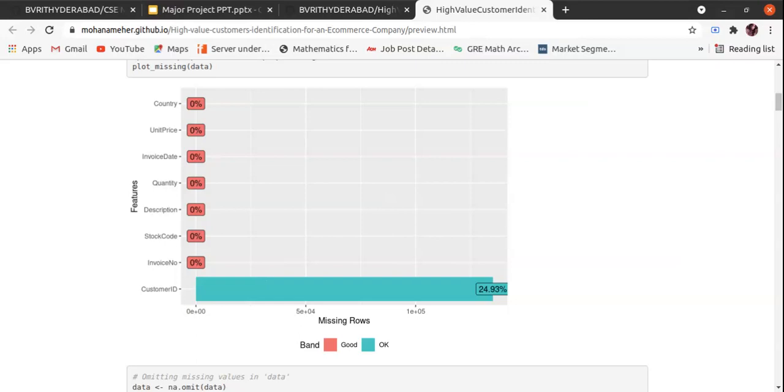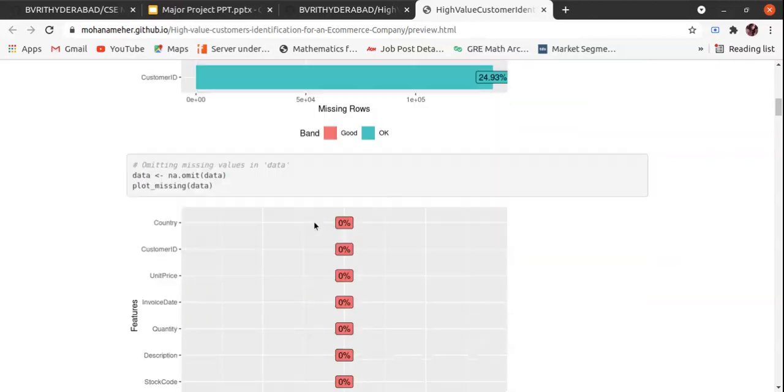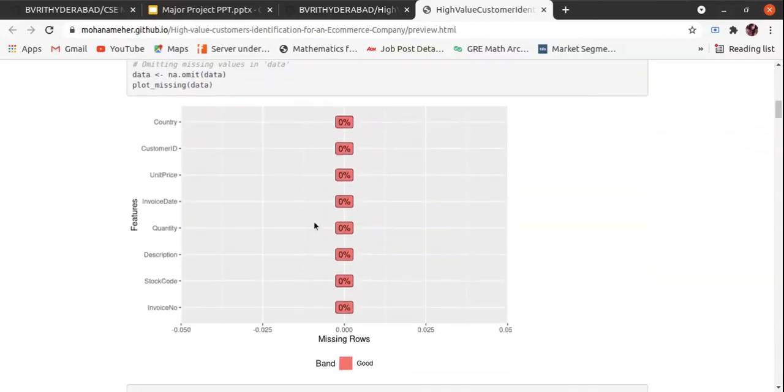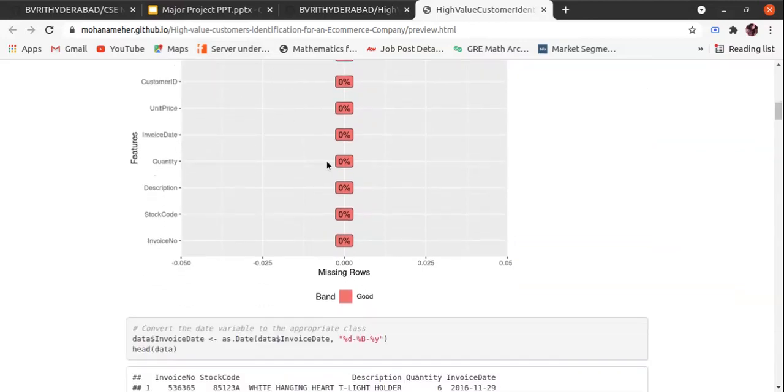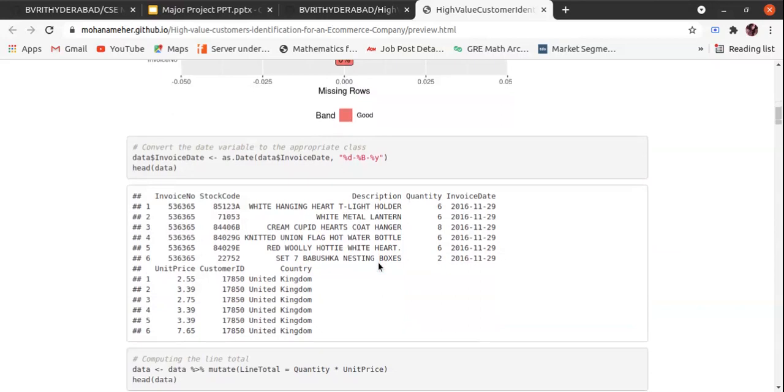25% of the data doesn't contain customer IDs. Without customer IDs, we cannot determine and interpret high valued customers, so we can omit these records. Then after omitting, we plotted for the missing data again, and it shows zero, 0%.